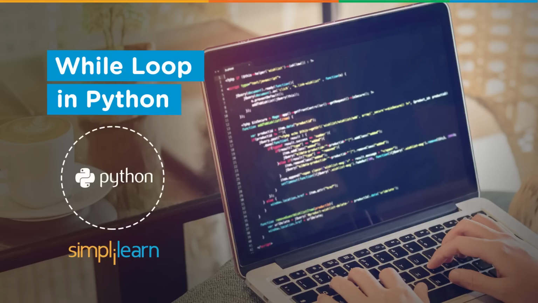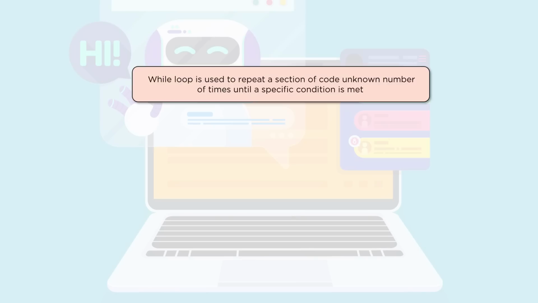So previously we briefly went through while, for and nested loops. We saw that for loops are used mainly to iterate over a sequence. While loops are basically used to repeat a section of code an unknown number of times. So if you have a certain code that needs to be repeated, say n number of times, where n will be decided during the runtime, you can definitely opt for a while loop. And every time you move into a while loop, a specific condition is checked. The minute that condition results in false, that's when you exit out of the while loop.